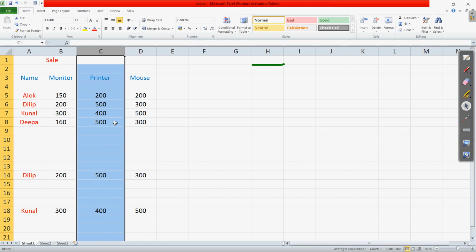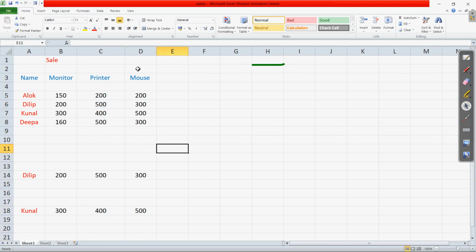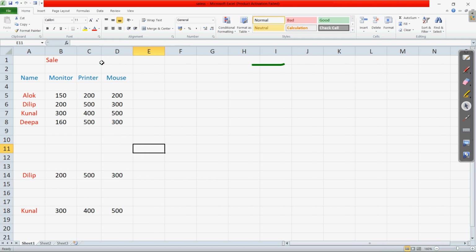Wherever I release this, the width will change accordingly. Or you can also use the double click feature. Suppose the size is appearing like this at first, and when I double click on this, you can see it automatically adjusts according to the text which is written there. So this is how the width of the cells can be changed.